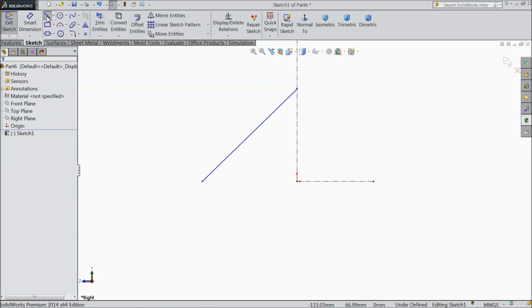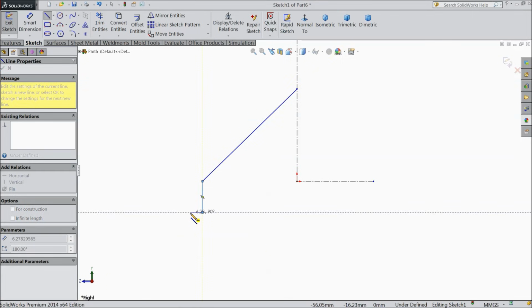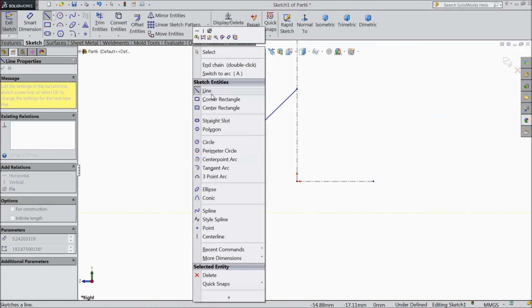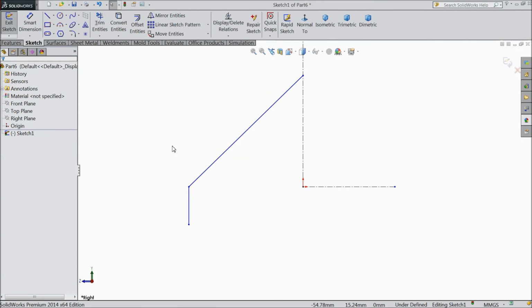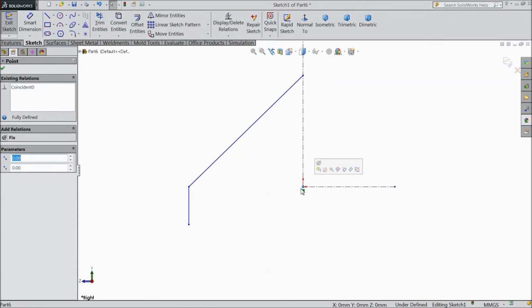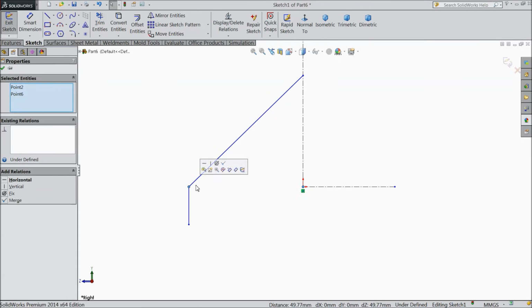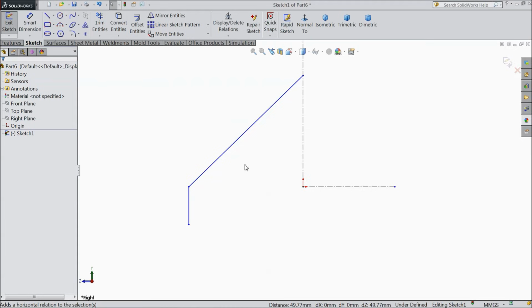Exit, select a line and draw one vertical line. Exit. Now select origin point and this point and select horizontal. This is the relation actually.